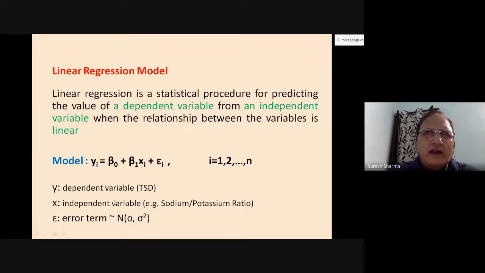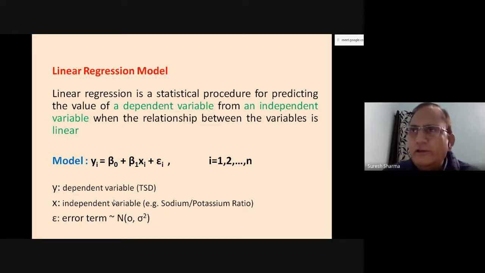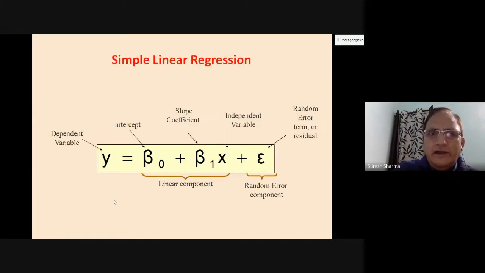Suppose there is hardly any difference between the actual and predicted. Almost the difference is 0. What do you think? Is your model good or bad? Good. Very good. Your model will be good. This is called residual or error. Smaller the error, better is the fit. This is how we do the regression, basically.